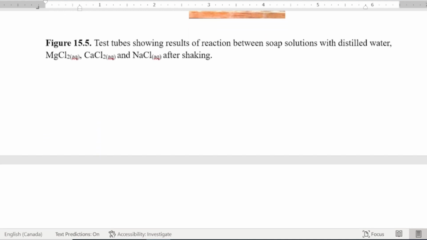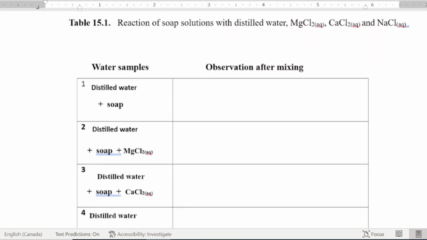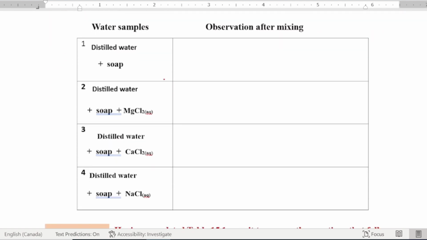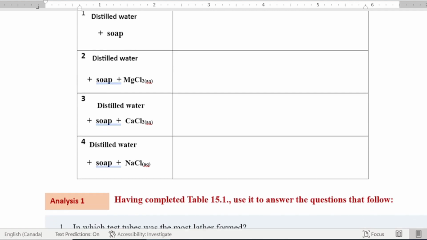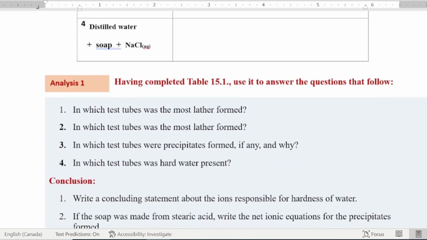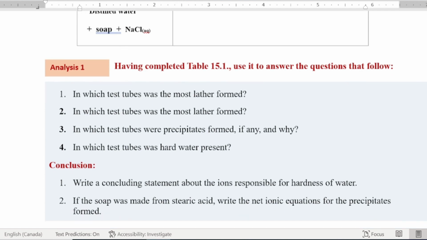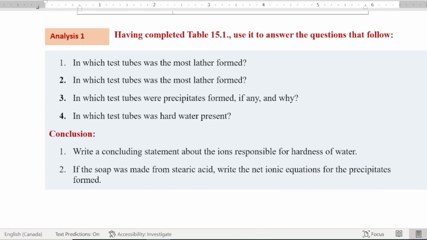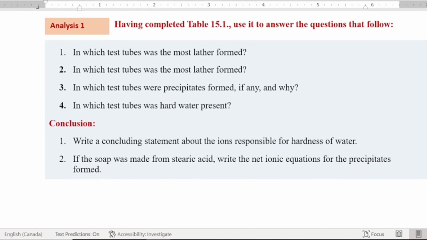Then what I give students to do, I'll just give them this table, where they describe what they observe, and give them some questions to answer. You can see which formed the most lather, which the least lather, which show precipitate, and so on. All right, next